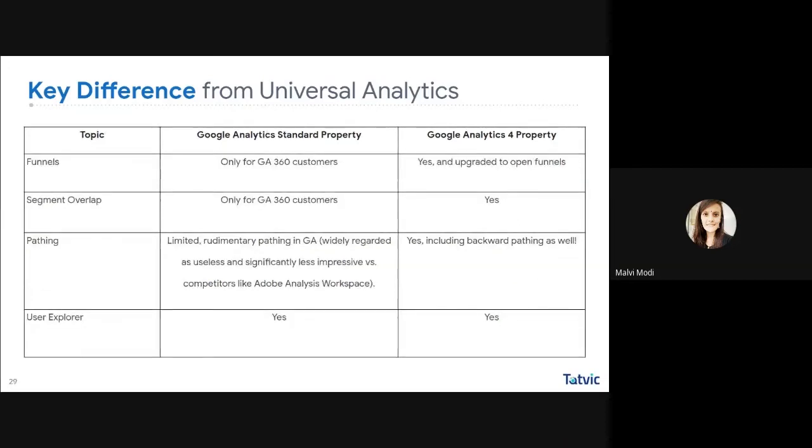So this was about all those key differences, and one of the major key differences, which you can see on the screen, is the pathing. It had limited pathing journeys in the GA standard property, but in GA4 you can get backward pathing as well. And the feature that has remained intact on both the properties is the user explorer, right? So we have now gone through multiple key differences, multiple